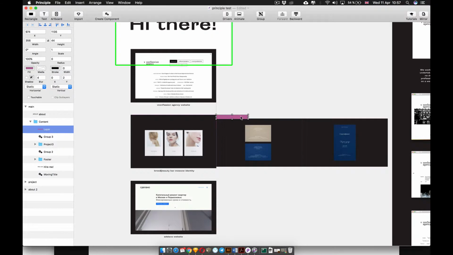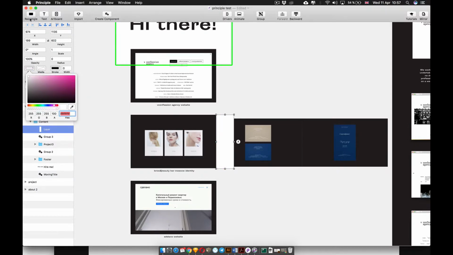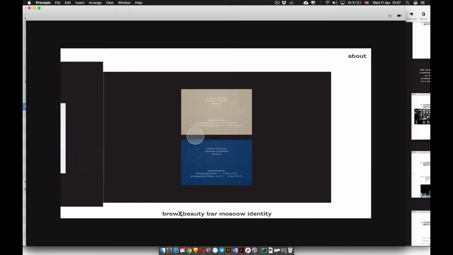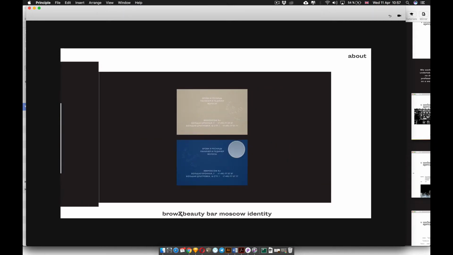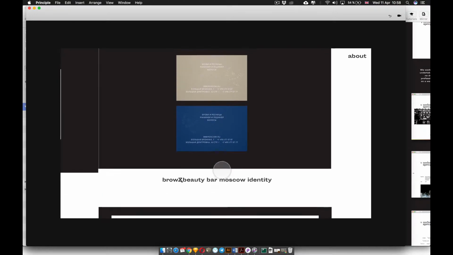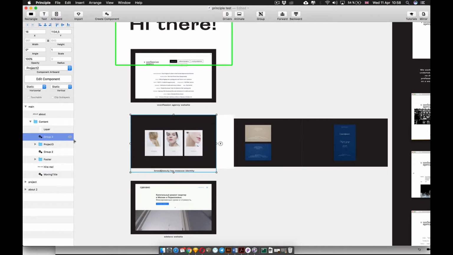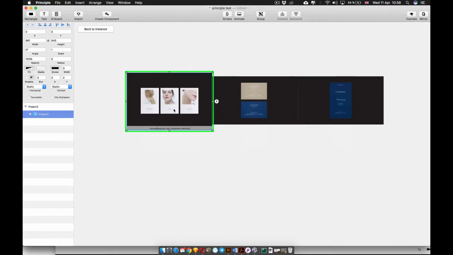That's actually going to be the easiest way of doing that. But here we have a difference in size. It's because, yeah, I know why. Let's get back to our slider. Let's say slider, edit component, and here we have our